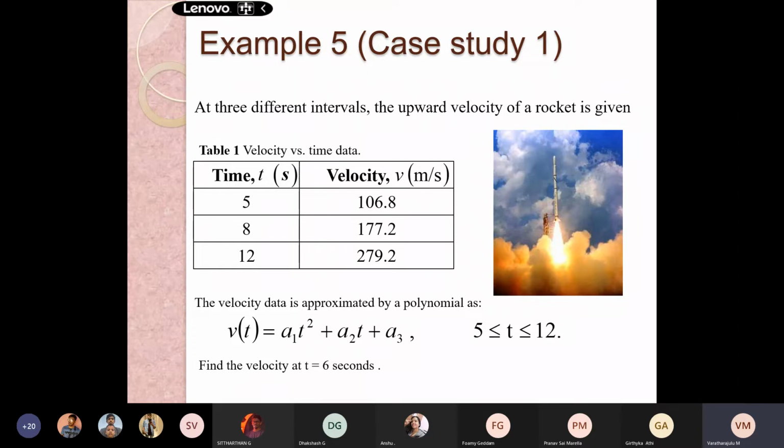Already the time was, I think, 1:10. Please tell me what is the difference between speed and velocity? So speed is magnitude, sir, whereas velocity includes direction also, sir. In speed there is only a positive value. In velocity we will get a minus value also. Like in speed there will be only 5 meters per second, but in velocity there will be plus or minus 5 meters per second.